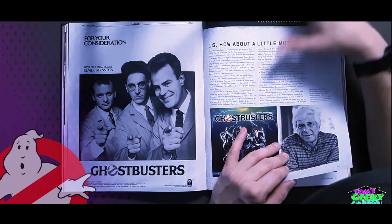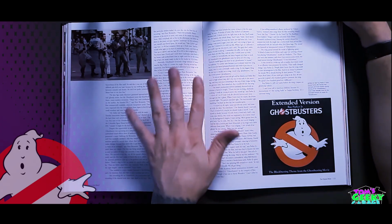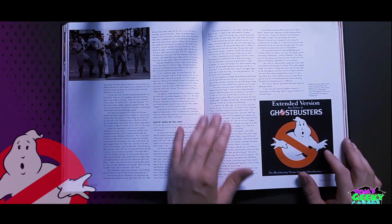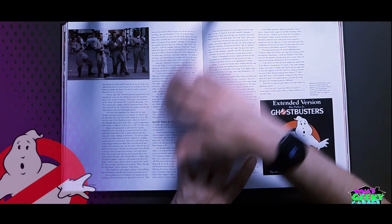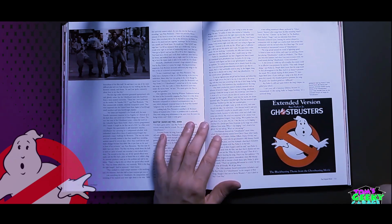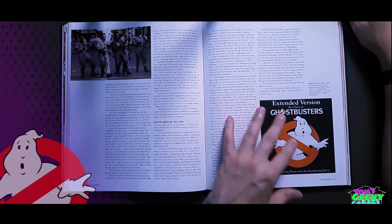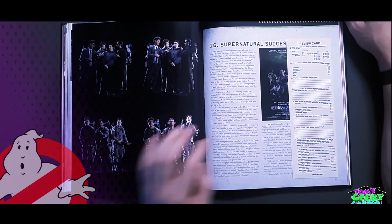You know what I mean? Like, you know, music is very important with a film. And tied with that is, obviously, the Ray Parker Jr. theme song, Ghostbusters. And we have a page about that, talking probably about, I didn't read this page, actually, but I'm sure it's just talking about his production and how it came to be. I know that he had several problems writing it, like, he couldn't find the right sound, and it took him a while to find something that worked good. I will read this later and maybe talk about it more later, but...